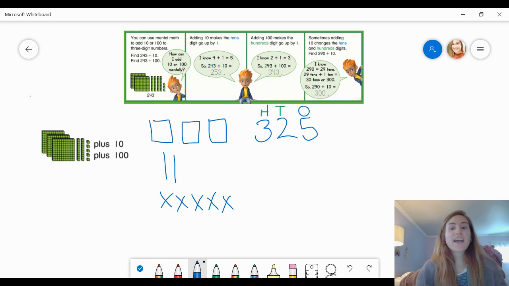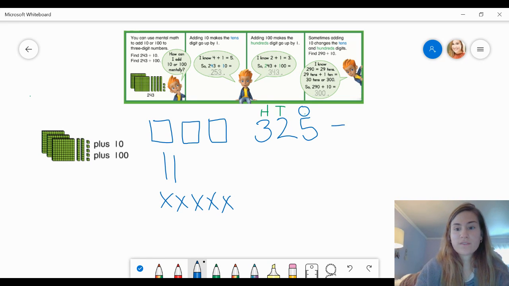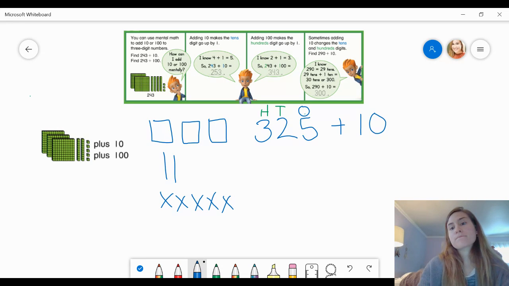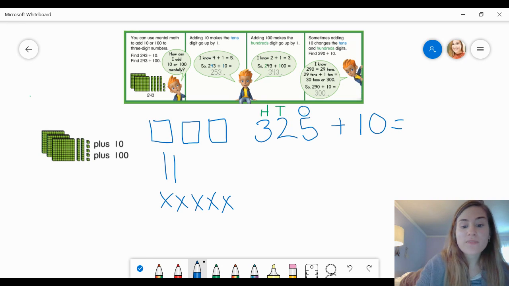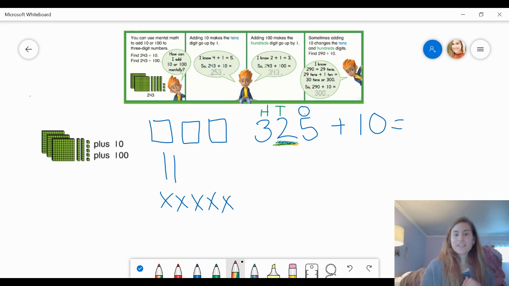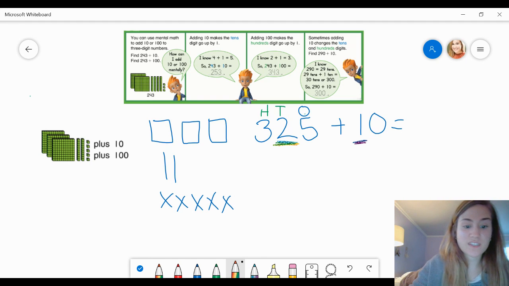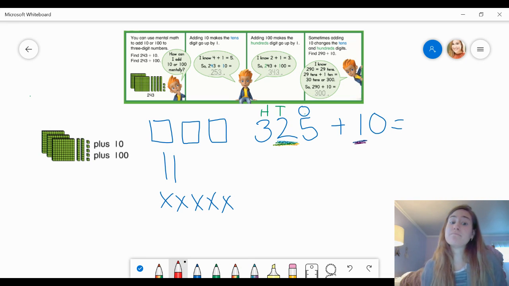We're going to add 10 to 325. Draw this with me. If I'm just adding one group of 10, I know that that is only going to make this tens place digit increase by 1. I'm not increasing the ones place by anything because there's a 0 in the ones place. So the answer to 325 plus 10 using mental math,